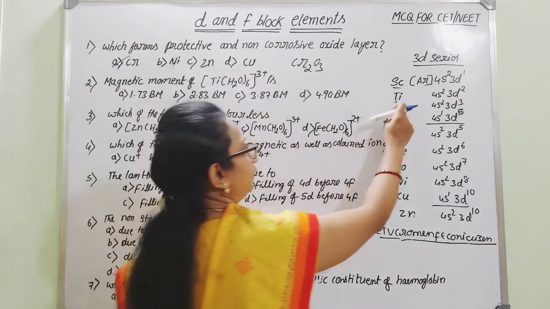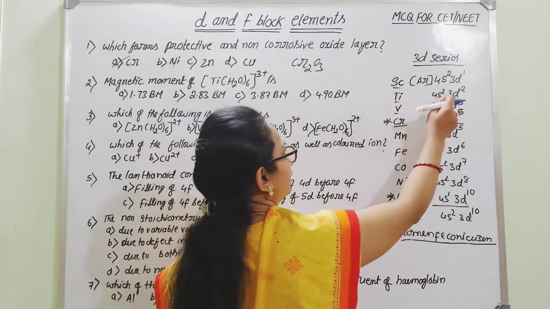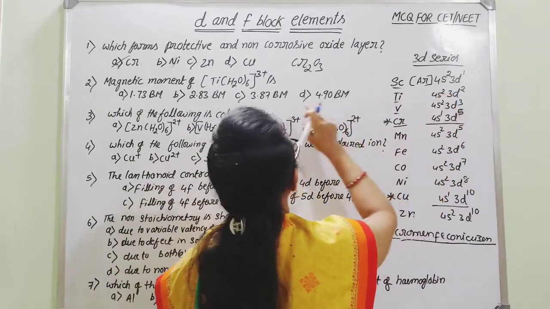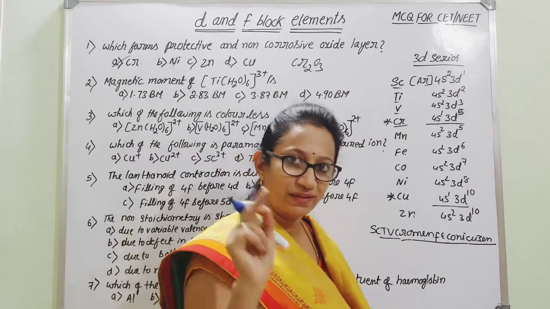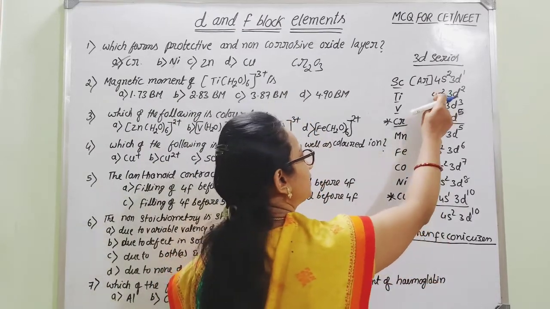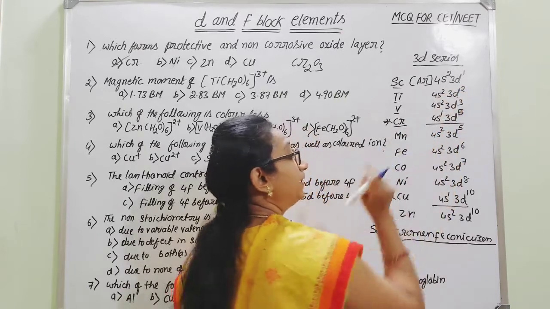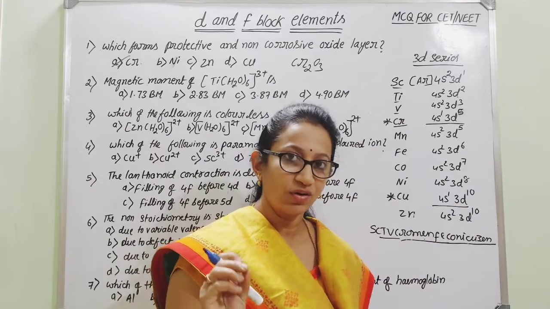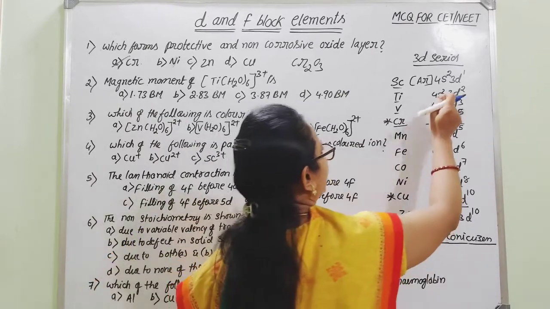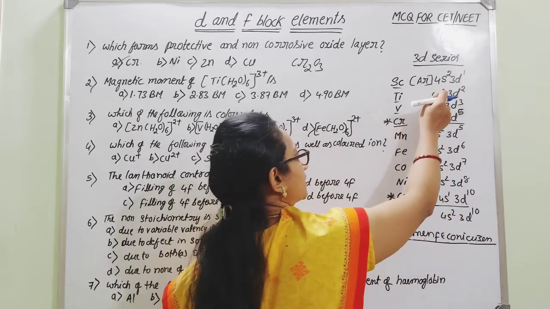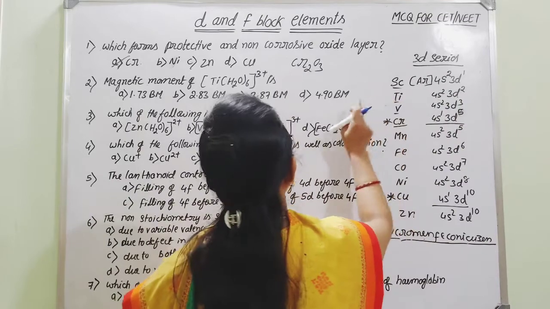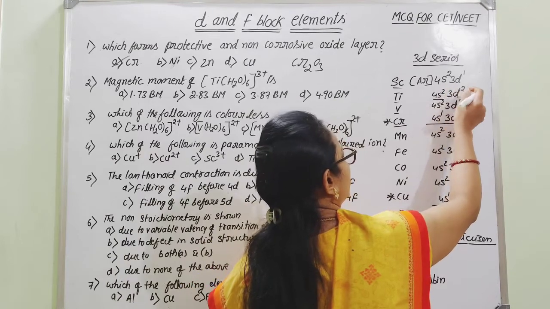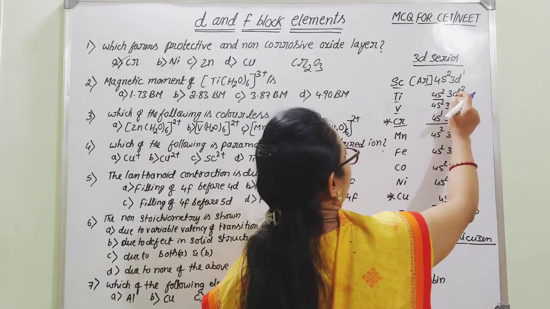Therefore titanium is having +3 oxidation state. Here, if you know this sequence and if you remember titanium, it is having 3d2. If you remove the electron, you just remember, while filling the electrons, the added electron first enters 4s, then it goes to 3d. But while removing the electron from any element in this series, the electron will be removed from the outermost shell. Therefore, the electron will be first removed from the 4s, then from 3d. Therefore, in case of titanium +3, 2 electrons will be removed from 4s, then another electron will be removed from 3d.